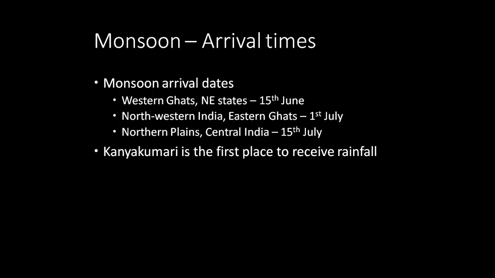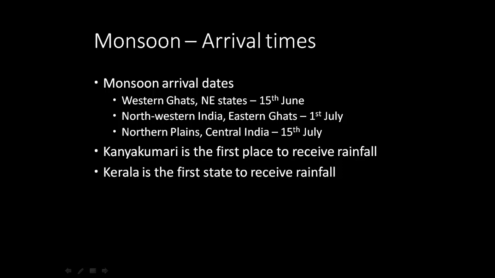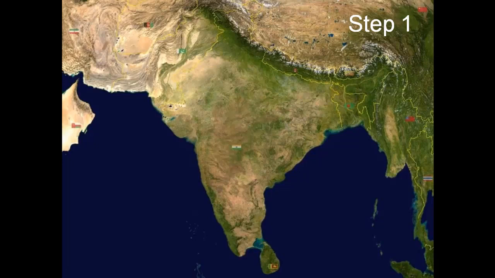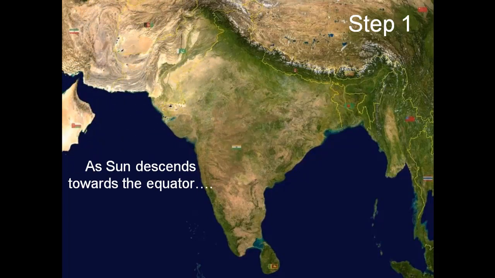Kanyakumari is the first place to receive rainfall. Kerala is also the first state to receive the first rainfall from southwest monsoon winds. Now it's time to understand the mechanism of monsoon in India, or the Indian subcontinent, with the help of an animation and some simulations. As you can see the map of the Indian subcontinent, as the sun descends towards the equator, entire